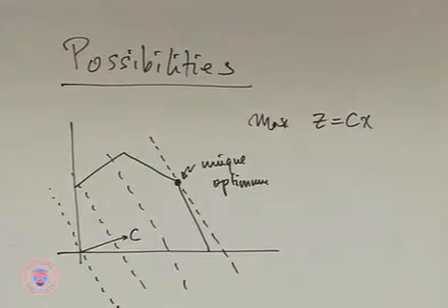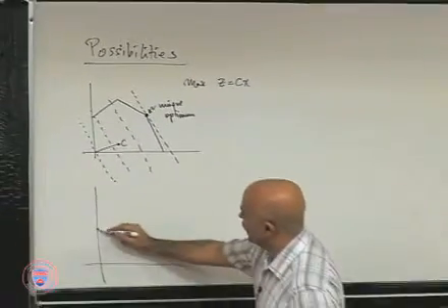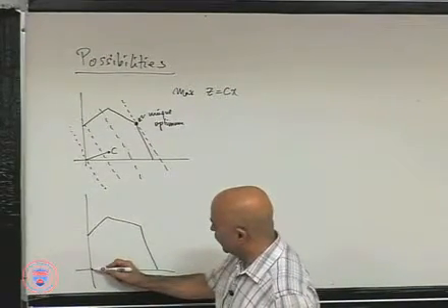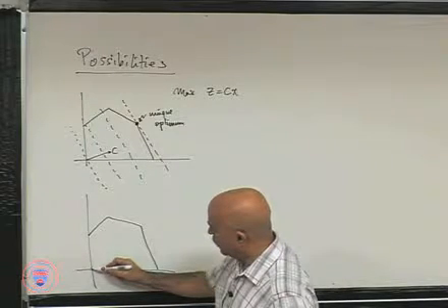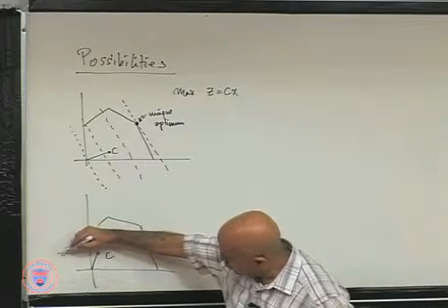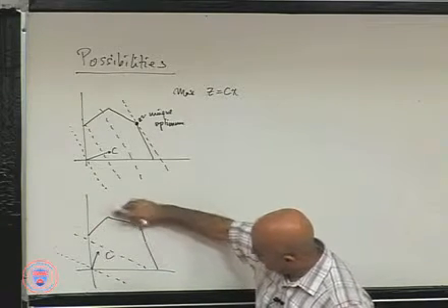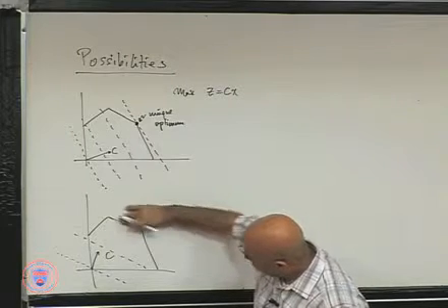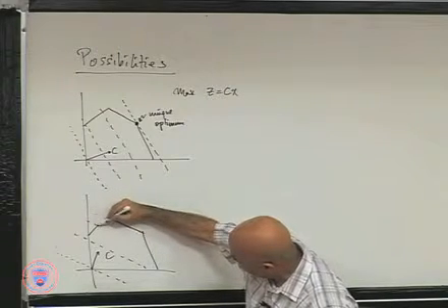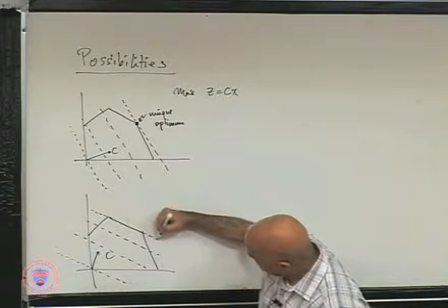According to this picture. Now, of course, we have other possibilities for the same feasible region. My cost vector may point like this, in which case my contours will go, let me just change the picture a little bit so I get what I want. So it goes like this, and finally